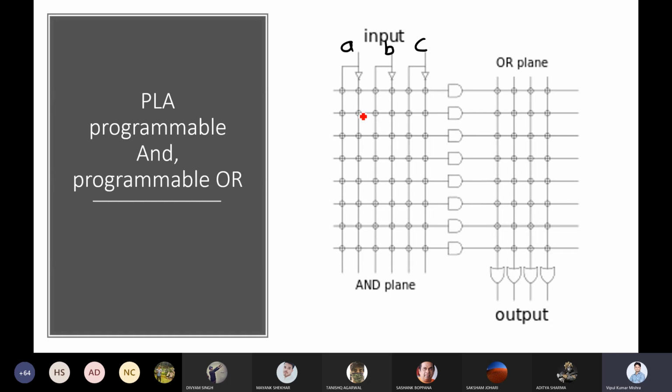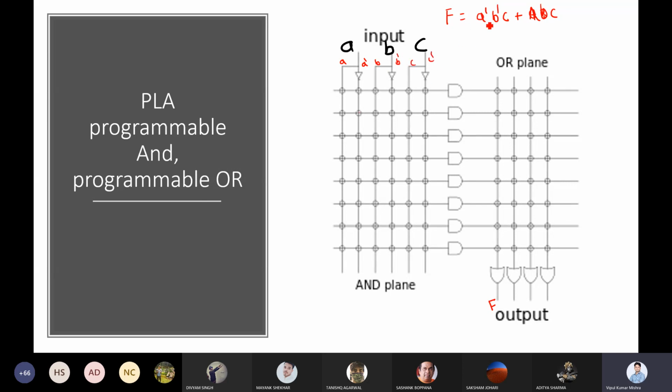So you can say, I want a term, let's say I have a function f equal to a bar, b bar, c plus a, b, c. Oh, sorry, a, b, c. So now immediately you can say, okay, let's say this is your f function and here we have the AND gate. So what you will do, this line is for A. So of course this line will be for A bar. This is for B, this is for B bar. For C, this is for C bar.